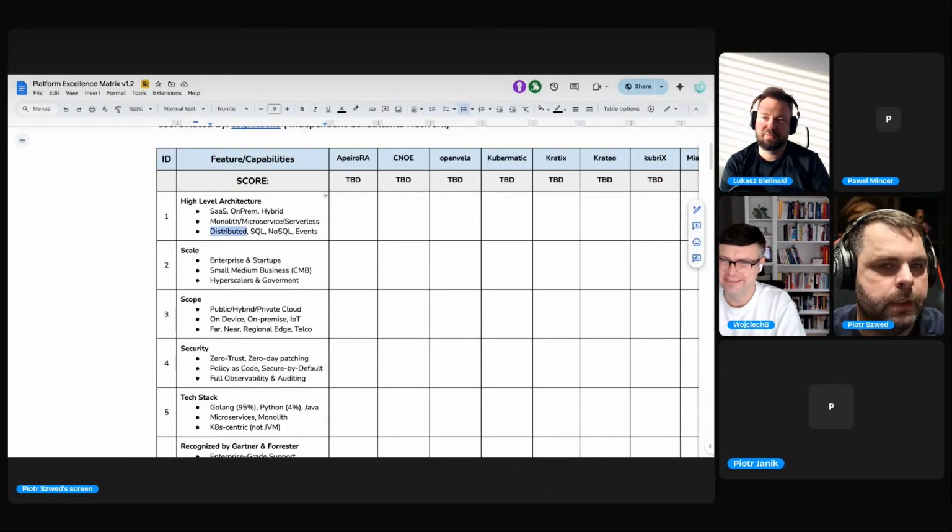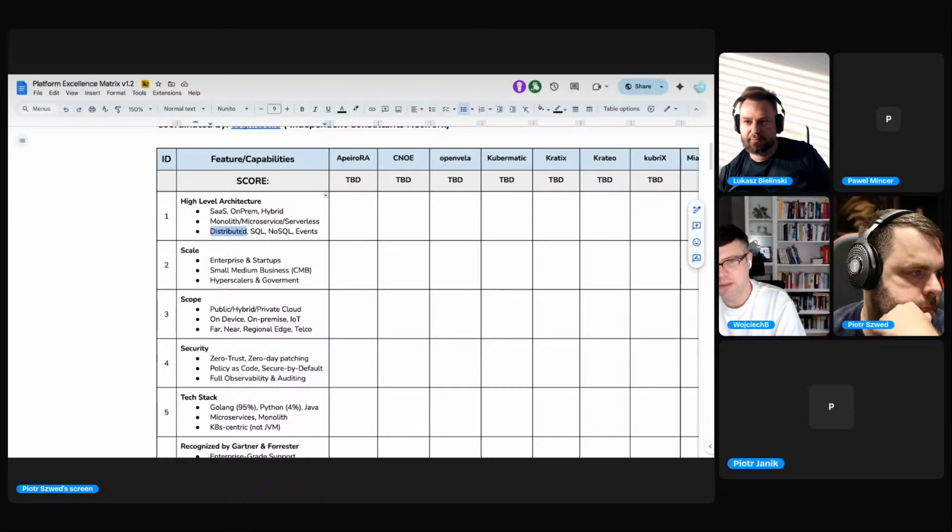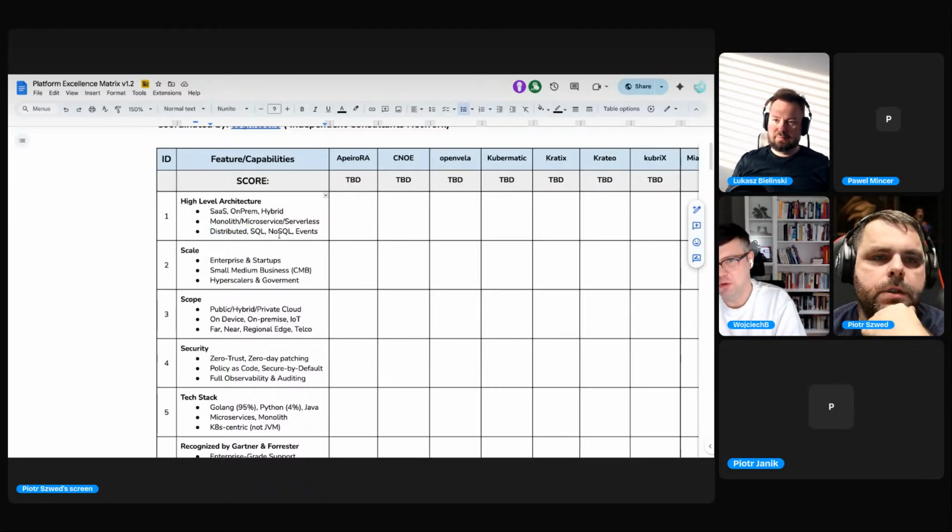What about this one? Do we need the architecture to be distributed? If we think about distribution as a distribution of the functionality, for sure. A distributed system architecture, right? So it scales horizontally, vertically, and it's resistant to failure, split brain issues, this kind of topic.